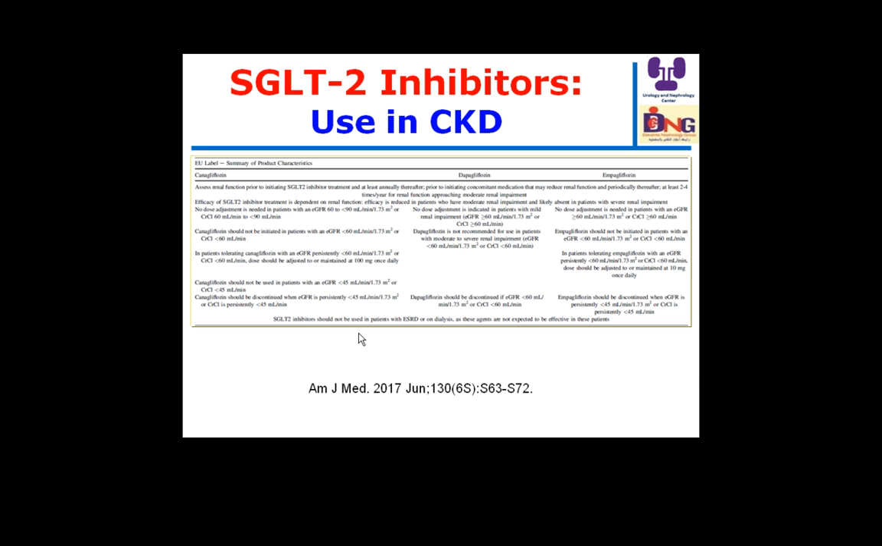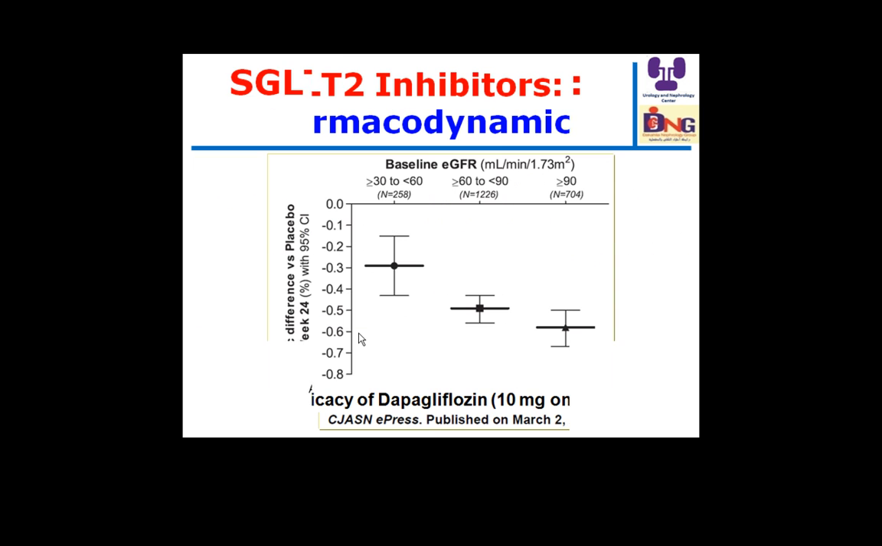So we should put all these in our mind when we prescribe the drugs. Regarding the impact of chronic kidney disease stage on the drug efficacy, pharmacodynamic interaction. If you look here, this is A1C reduction by the use of sodium glucose cotransporter 2 inhibitor, dapagliflozin 10 milligram once daily. If we are dealing with a patient with normal GFR, estimated GFR is above 90 milliliter per